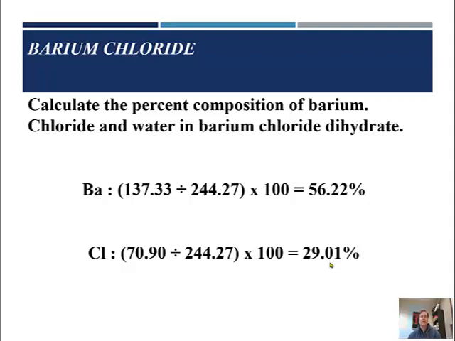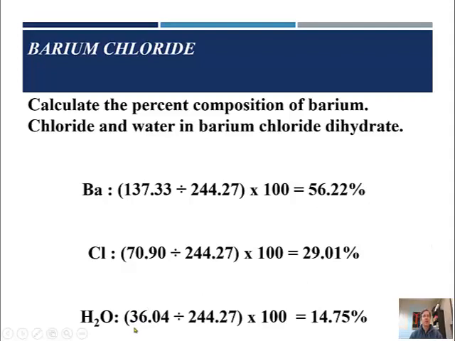water. Or I can take my mass of water, which we figured out to be, by heating, 36.04, divide it by the total mass times 100, and we get 14.75. So hopefully all those numbers add up to 100 or really close. They might be just slightly off due to our rounding, but when I say slightly, within the hundredths. Okay, so that's how we can figure out the number for the hydrate if it's not given to us using